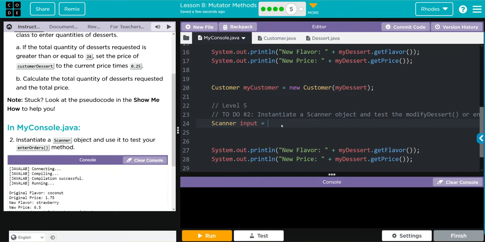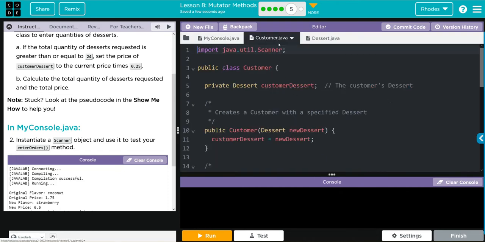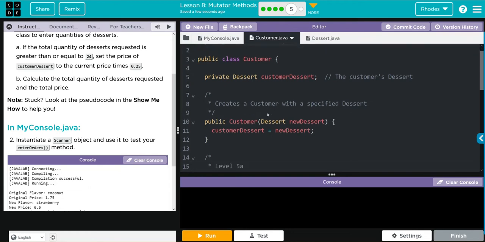It's going to be a new scanner with an input for a keyboard. That creates my scanner object, and that's going to let me take information and kind of test as we go along. Let's go back to our customer class